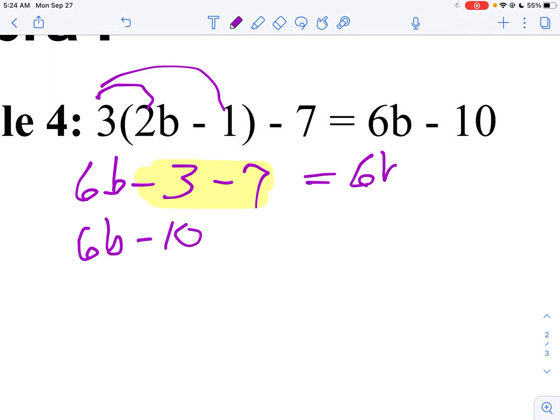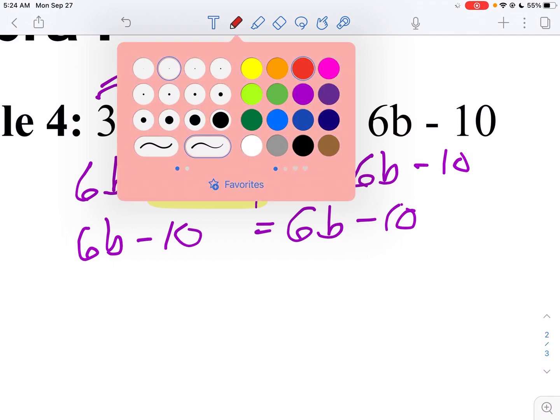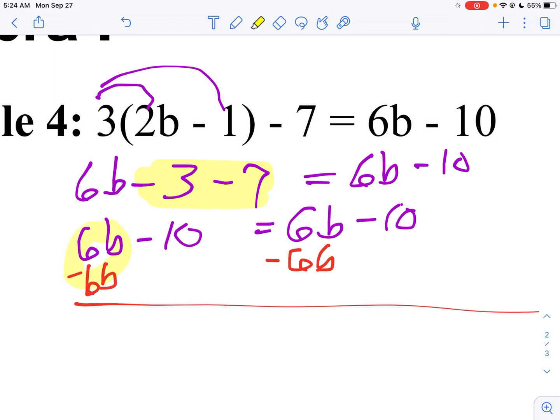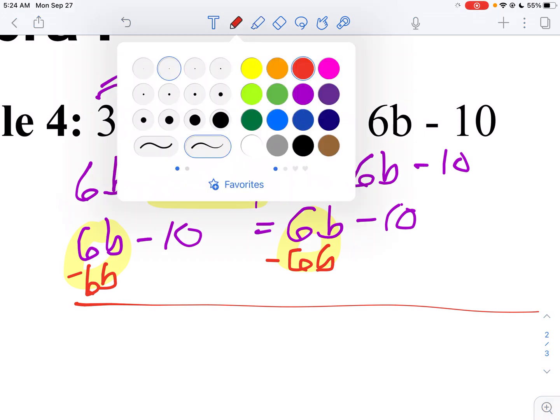equals, now on the right side, there's nothing to simplify. And so we're going to subtract 6b from both sides. And notice once again, just like the previous problem, your b's cancel. We end up with negative 10